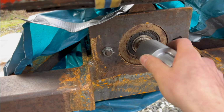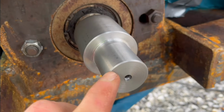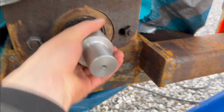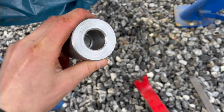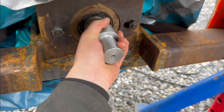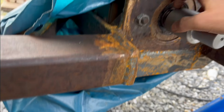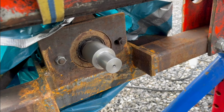So this thing does fit on here now, sort of. And I couldn't help myself. I popped it back in the chuck and just beveled these a little. It does fit on there almost all the way. I just think it got a little smaller at the bottom when I turned it. And it's about 2/100ths of a millimeter smaller at the bottom. So I think it's pretty much the same size, and that's why it's going good all the way to there. Then it goes tight. And it should go in a little bit further there, so I don't know what I do about that, but